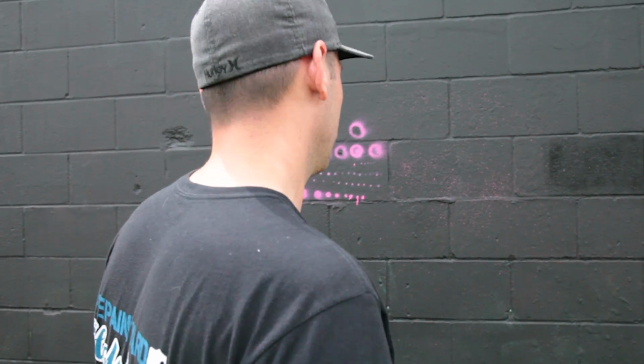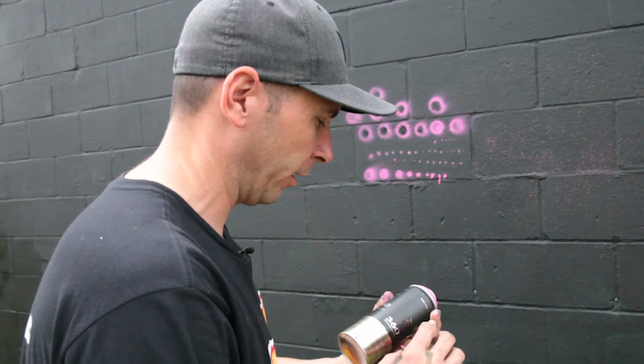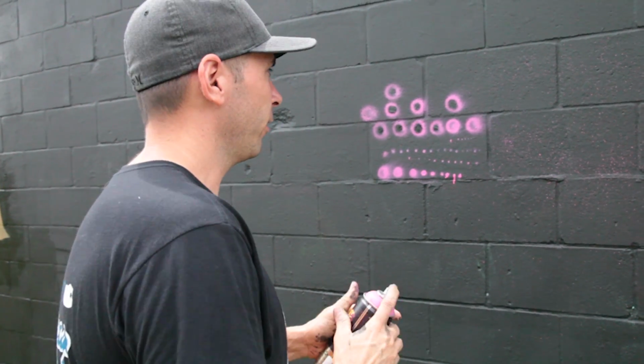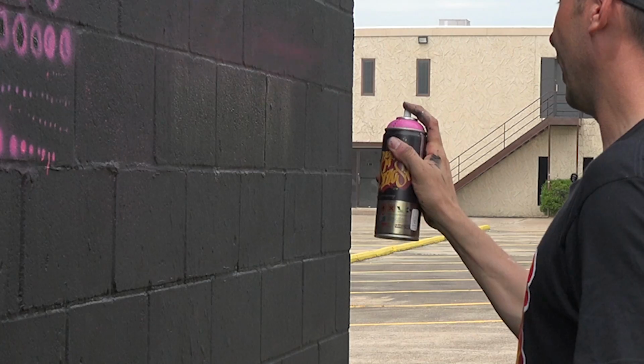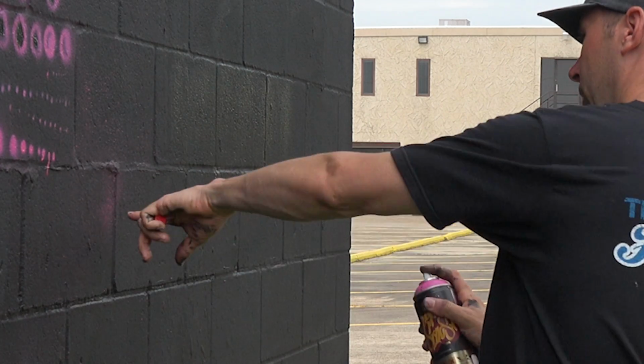The only downside is there's a lot of overspray, and if you're working inside, there'll be paint everywhere. But you can do the same thing with the New York Fat or any kind of fat cap, and it'll give you a little bit more mist to it. You can see a little mist,